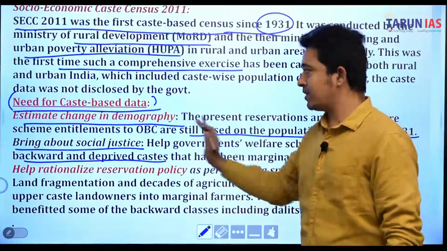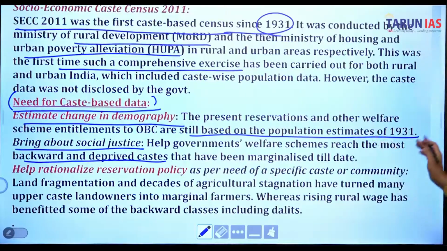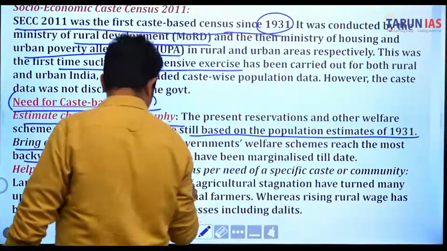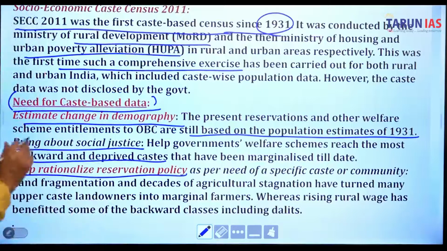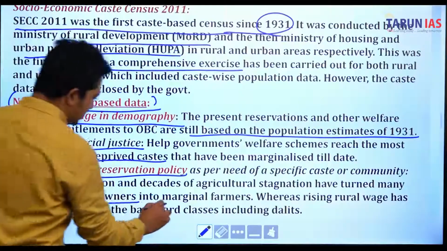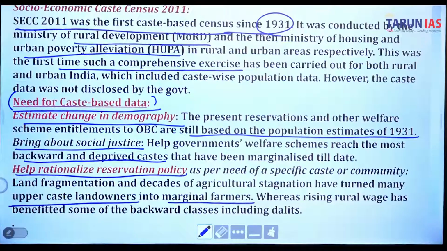Because the demography has changed, it also helps rationalize reservation policy as per the need of a specific caste or community. Land fragmentation and decades of agricultural stagnation have turned many upper caste landowners into marginalized farmers,